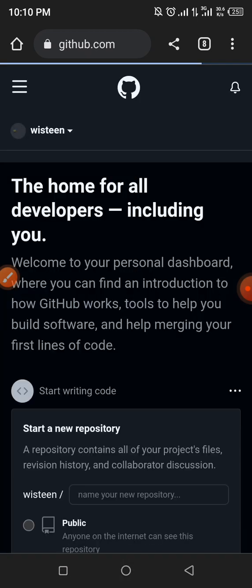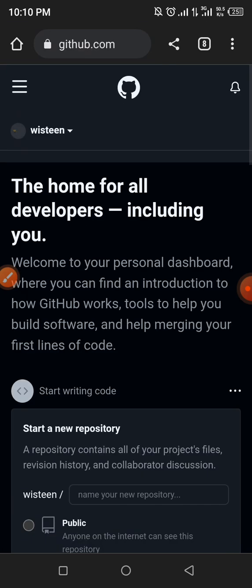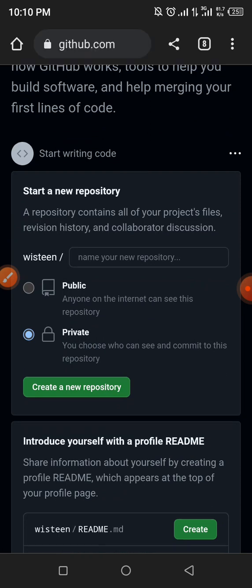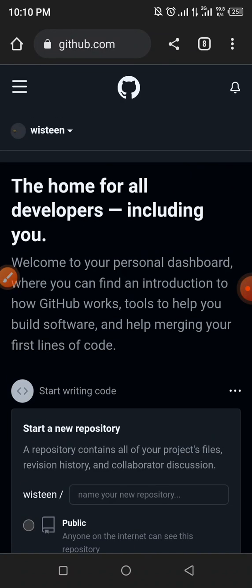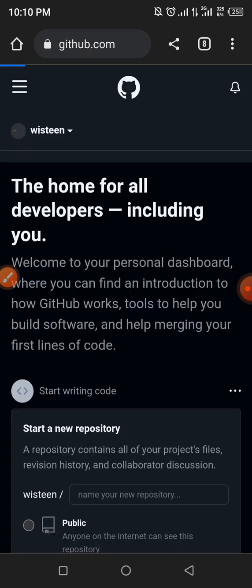Okay, so this is my account now. For the sake of this tutorial, I have two accounts meshed together, but the one I really use is Wisting. So I have another one which I can switch over to by just clicking this here, and you see the second account, which is Wisting Technology. So I'm going to click on that Wisting Technology to switch over to that account,